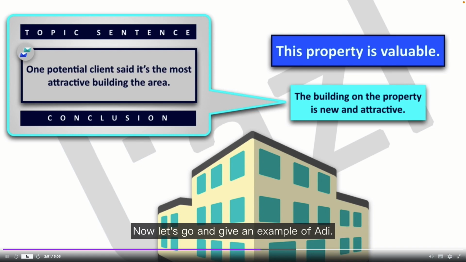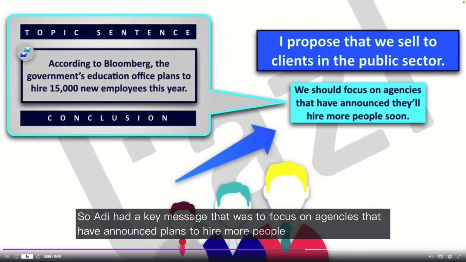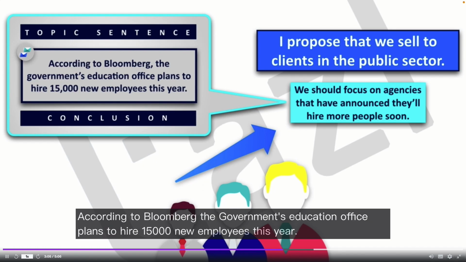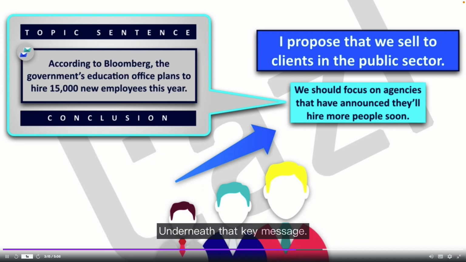Now let's give an example for Adi. Adi had a key message that was to focus on agencies that have announced plans to hire more people soon. Then in his outline, he might include the body message, according to Bloomberg, the government's education office plans to hire 15,000 new employees this year. This is data that he will include as a body message underneath that key message.